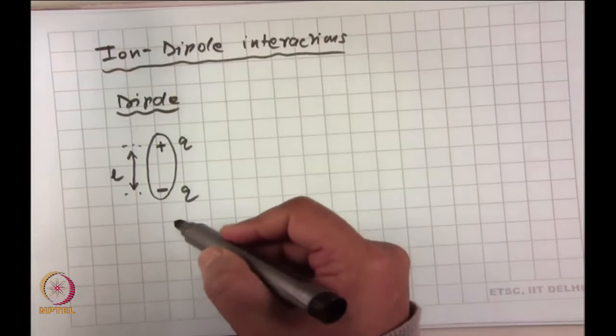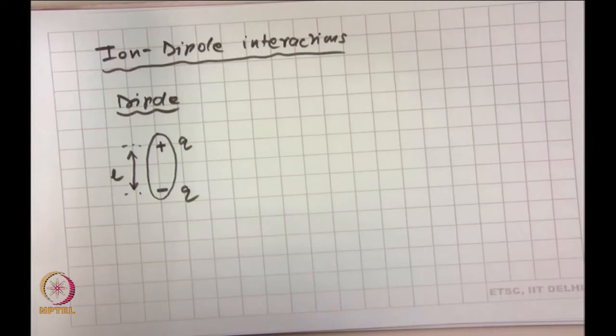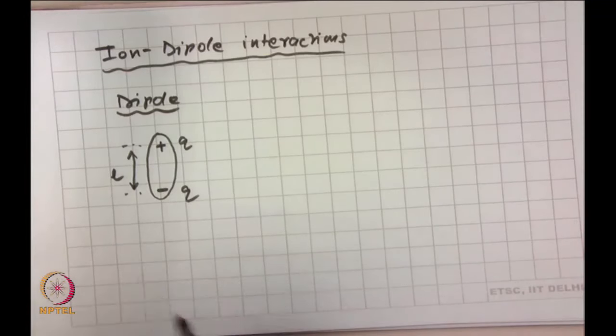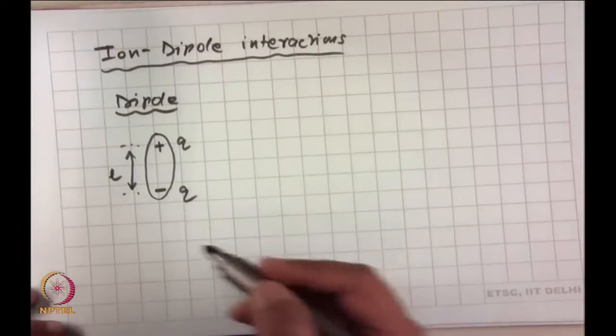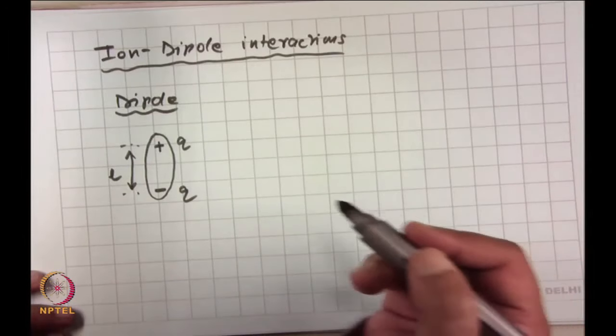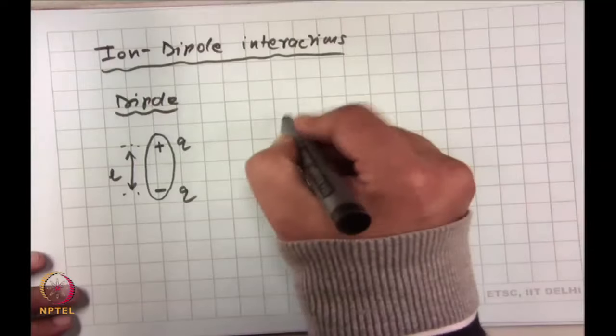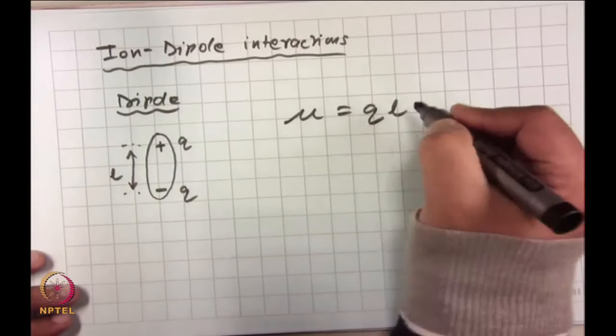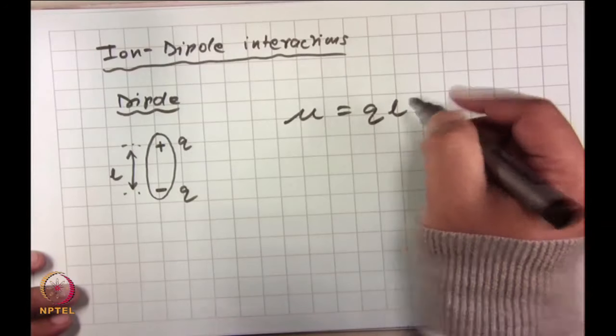So, dipole means at the two ends of the dipole I have similar charges q and minus q, but separated by a distance L, right. And then because we have a dipole like this, we are going to have something known as a dipole moment, very good. So, the dipole moment mu is equal to q times L, where